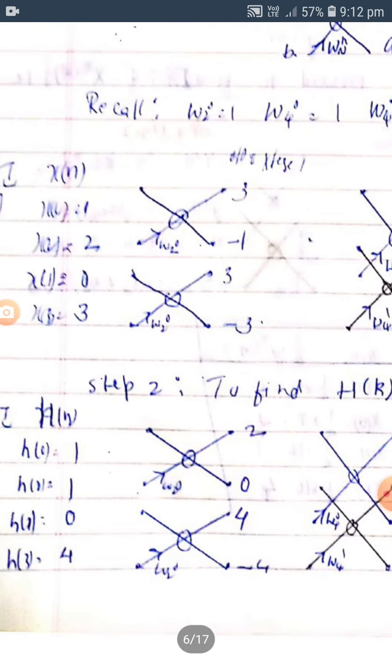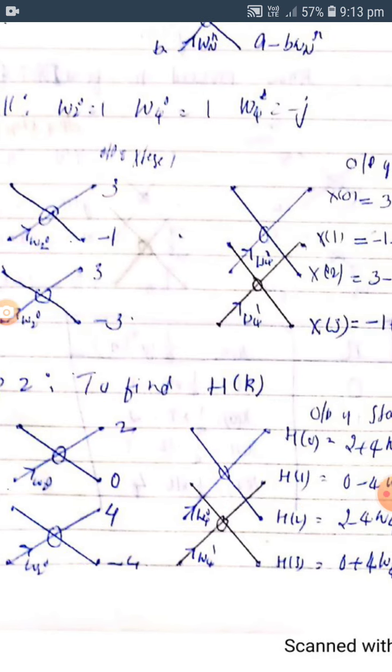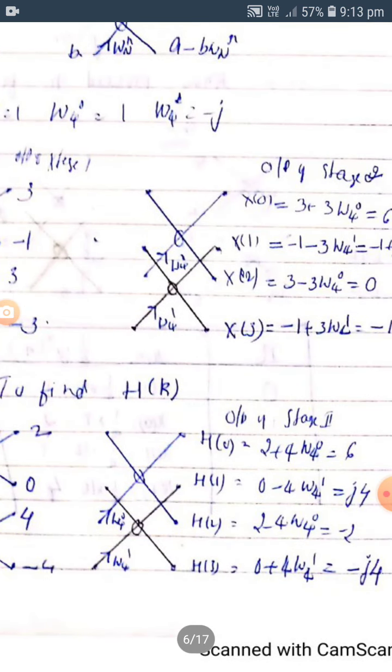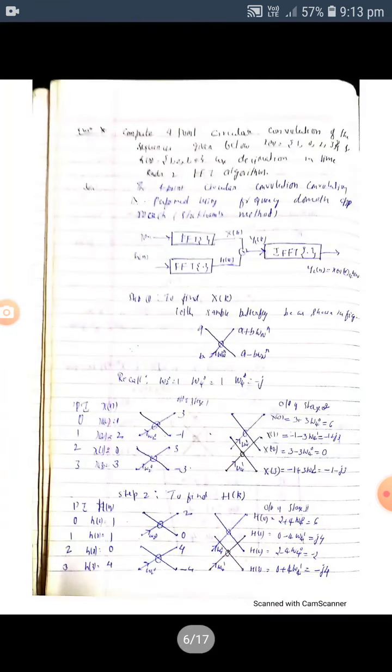Now in this you can understand your input, that is h of 0, or you can take x of 0. Inputs are split. Inputs are not continuous, but the outputs are continuous. The first line output will always be H of 0. Second line will be H of 1, H of 2 and H of 3. So you are getting capital X of k and capital H of k.